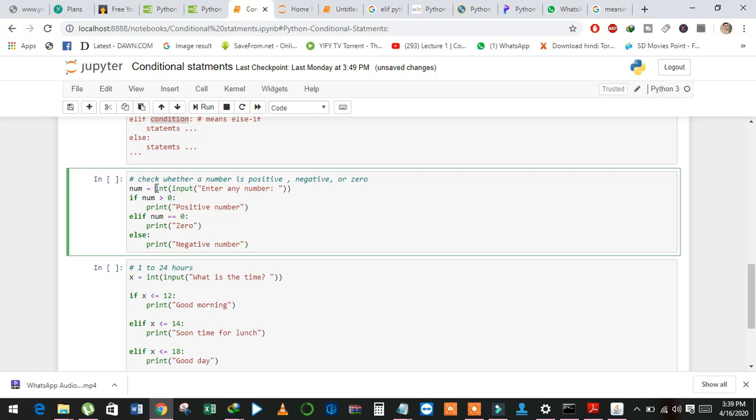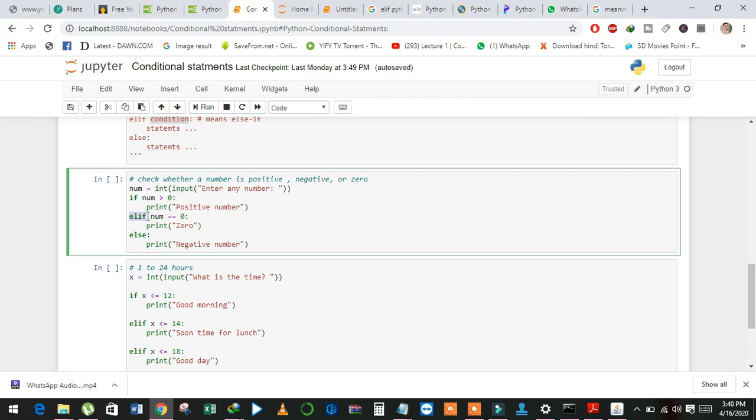See here, with the input method I take a number from the user, and with the if condition I check if the number is greater than 0, then print positive number.